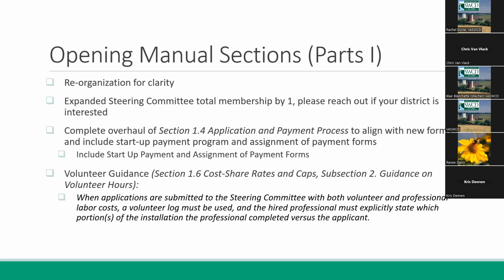Part 1 also includes guidance on volunteer hours. So people that are doing their project themselves, DIYers, are eligible for up to 16 hours of volunteer labor at the federal volunteer rate, but it needs to be documented. With the application, we'd like to see that they are requesting that in advance, and then we have a form on our website that allows them to track what they have done.